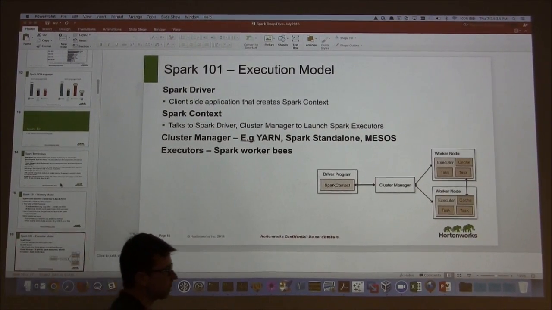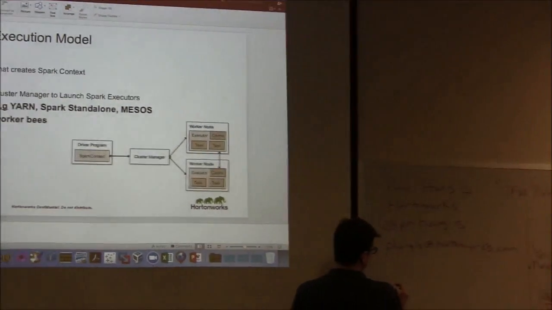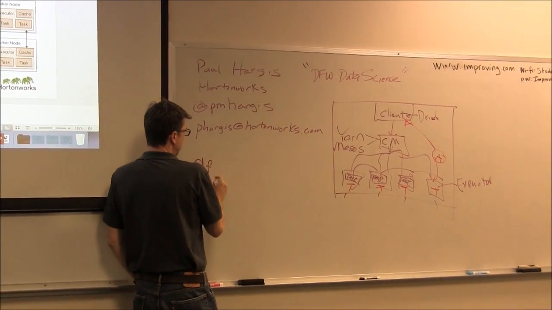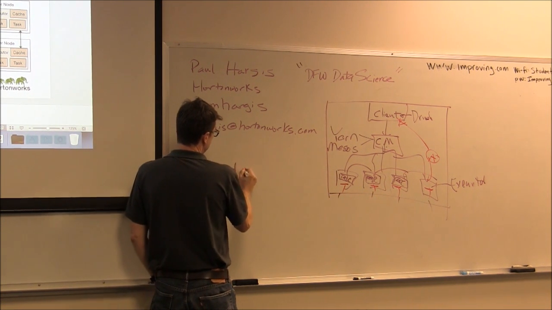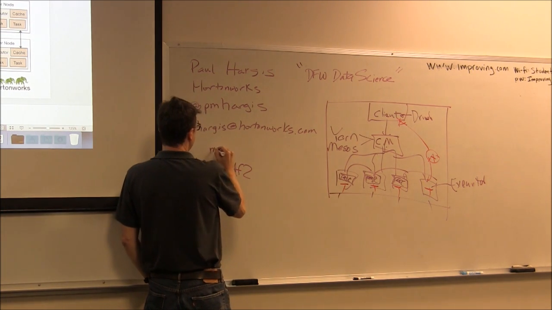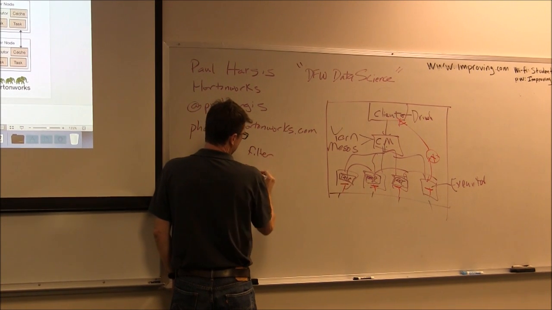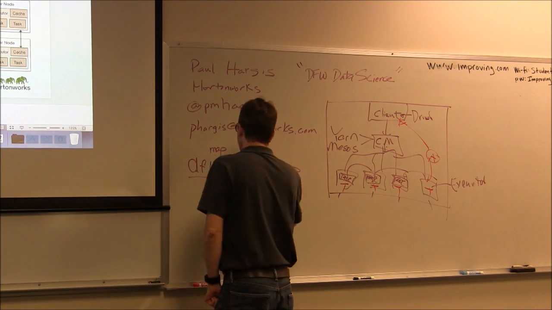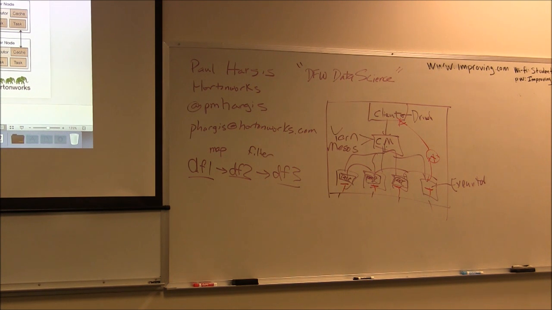Now, when we're talking about lineage, we're not talking about inheritance. I'm going to use data frames even though we're talking about RDDs right now. So we'll say data frame 1 leads to data frame 2. Basically you do a map and you get another data frame. And then you do a filter command here and you get yet another data frame. So every time we take some sort of transformation, we're actually creating another data frame, another